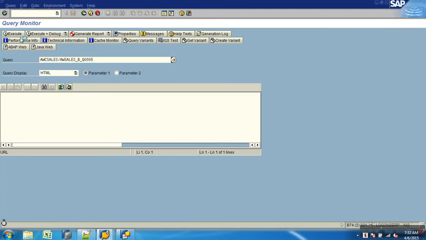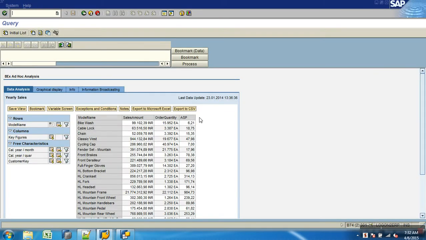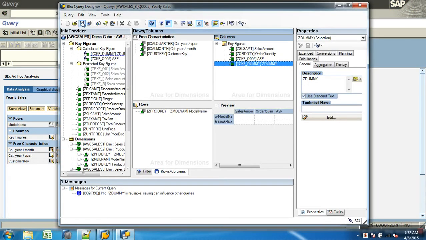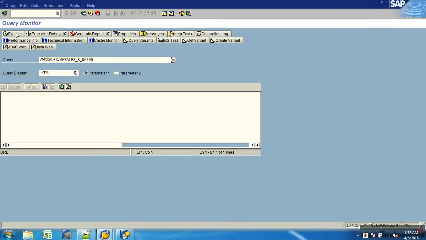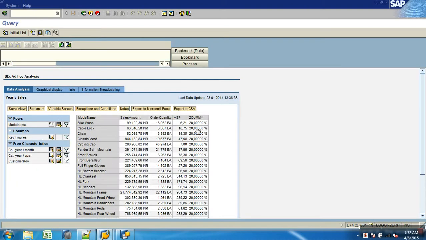You get to see the result with the percentage symbol. So 20%. Like operand 1 percentage share operand 2, it calculates the percentage of operand 1 on operand 2.